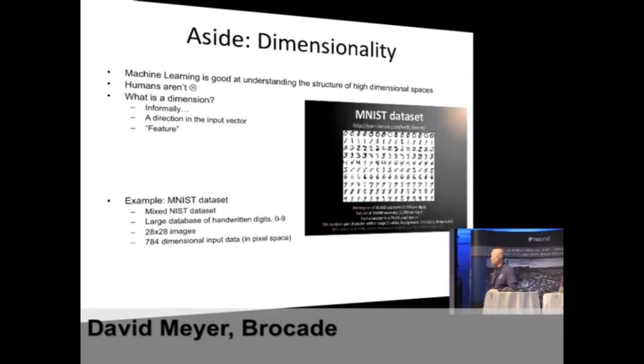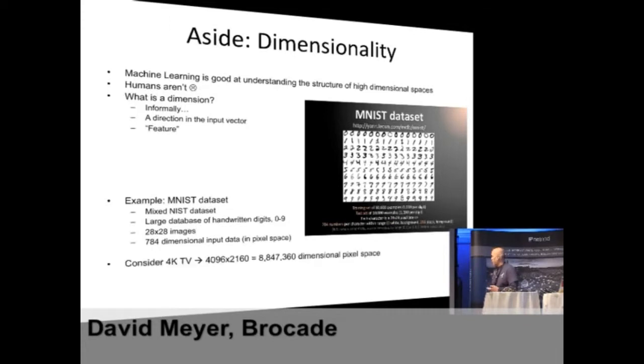So what's an example? Well, these are things that have been worked out. Here's the MNIST data set, the Modified NIST data set. They're handwritten digits, 0 to 9. They're 28 by 28, really small. But 28 by 28 in the pixel space is 784 dimensions already, right? So this tiny thing has 784 dimensions.